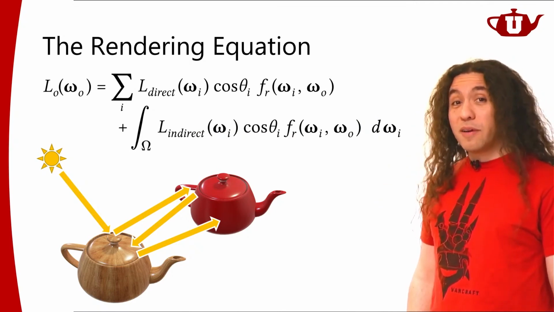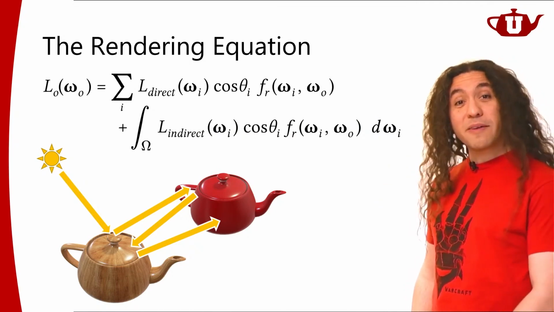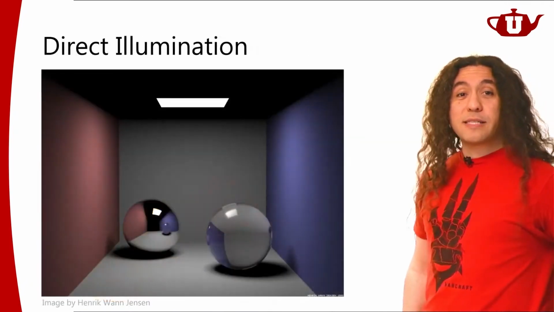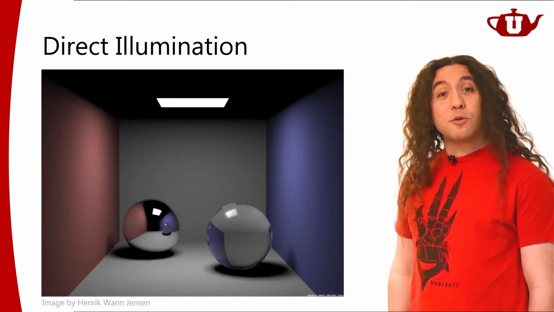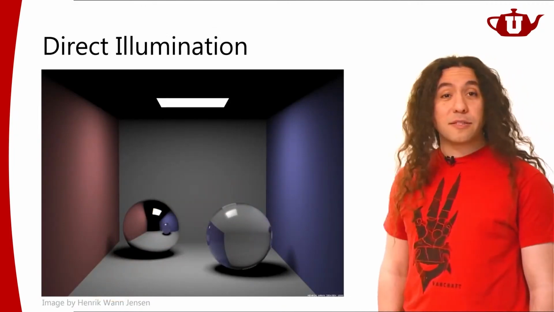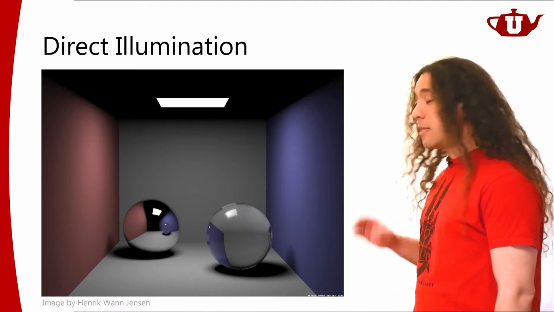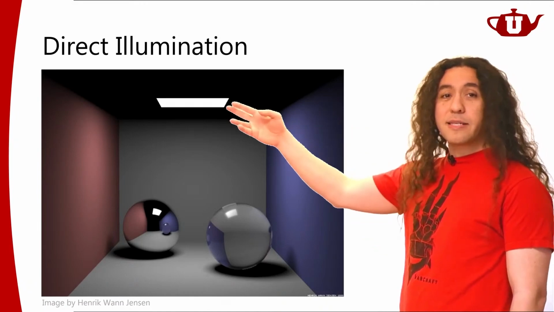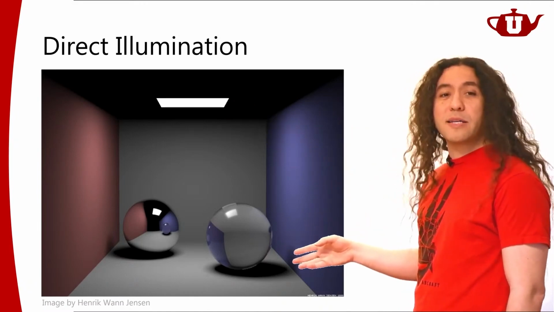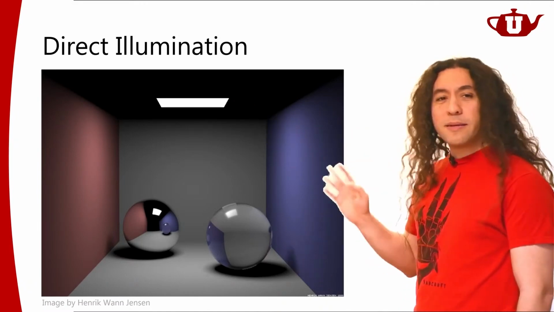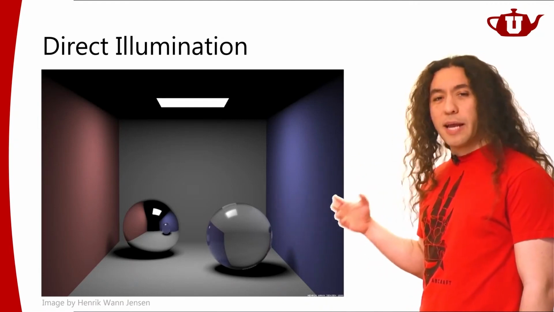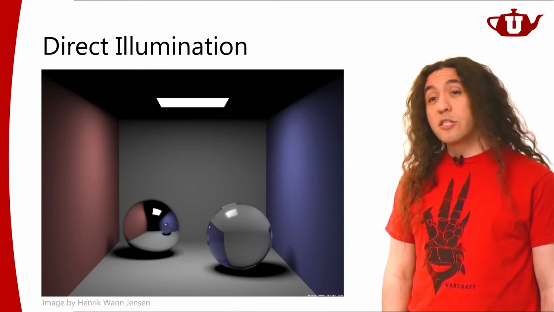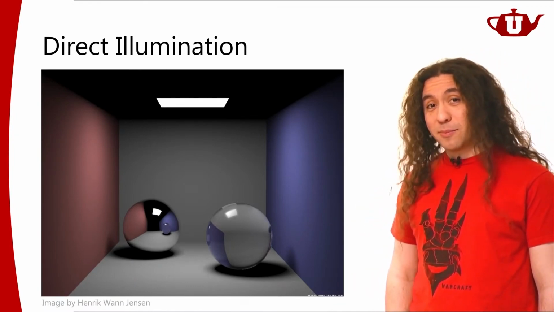But it is also very, very important to get right. For example, if I render a scene like this, using just direct illumination, this is what I get. And this scene has all sorts of interesting stuff here. I have a nice area light source. There's some nice soft shadows on the floor. I have reflections, there are refractions. It's including a lot of components of rendering. It's just not including indirect illumination.